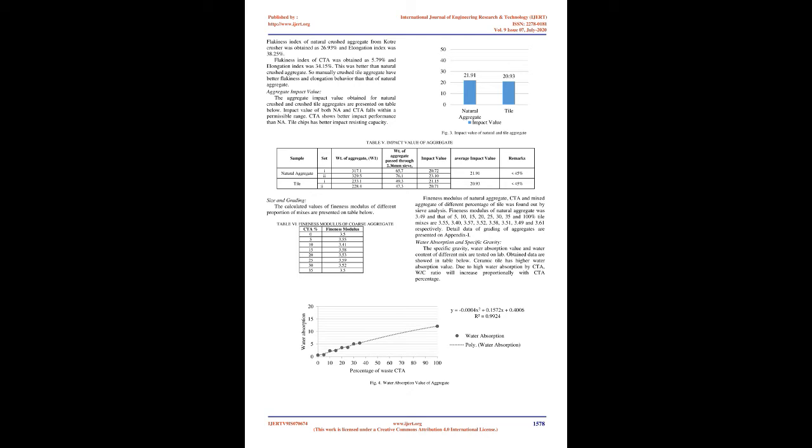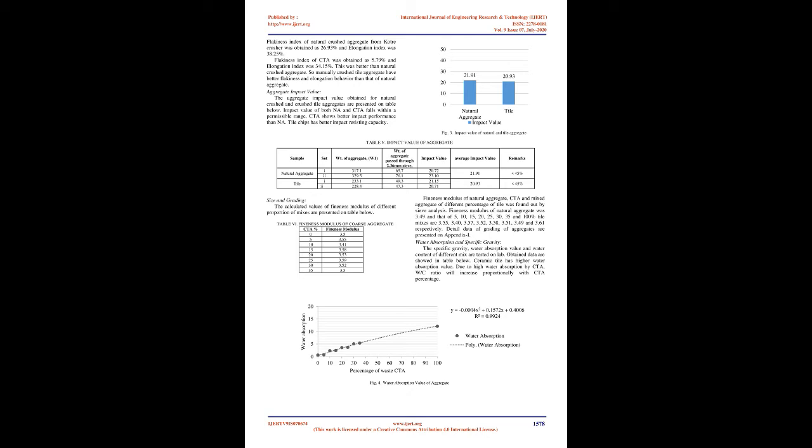Sand. The sand used for the work is natural uncrushed sand, and sand was obtained from the suppliers located in Kotra Tanahun. The tests performed are listed as Gradation. Sieve analysis of sand was done to find the grading zones. The sieve sizes used were 10 mm, 4.75 mm, 2.36 mm, 1.18 mm, 600 microns, 300 microns, 150 microns. The tests were performed in accordance to IS 2386 Part I. Grading was done based on Table 4 of IS